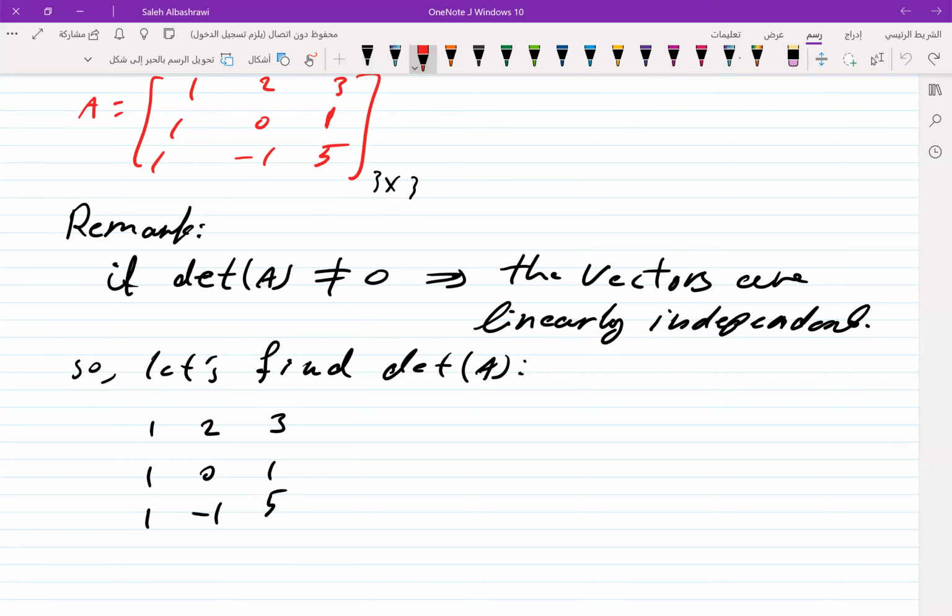To find the determinant, just duplicate the first column and the second one. We duplicate the first one and second one: 1, 1, 1, 2, 0, minus 1. Now to find the determinant,